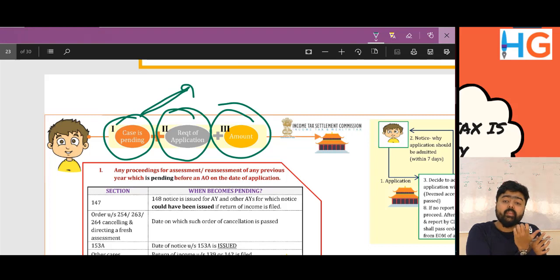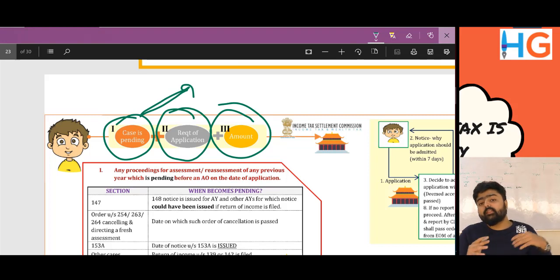Preempting or thinking that the notice will come, I cannot go to settlement commission. After the order is passed, I cannot go to settlement commission. After the order is passed, I'll go into appeal. During that time limit, from notice till order, or rather before the order, you can go to settlement commission. That means the case is pending.